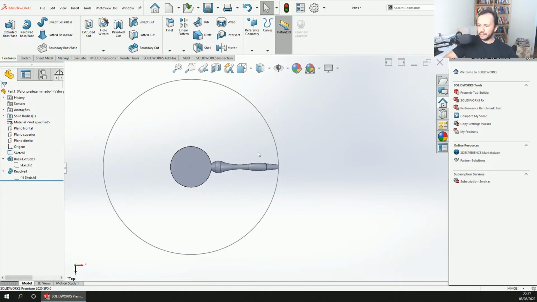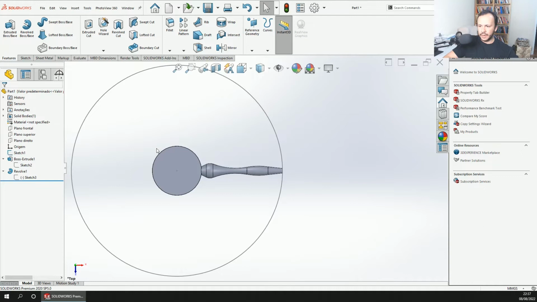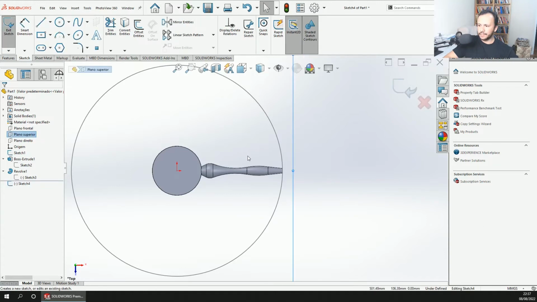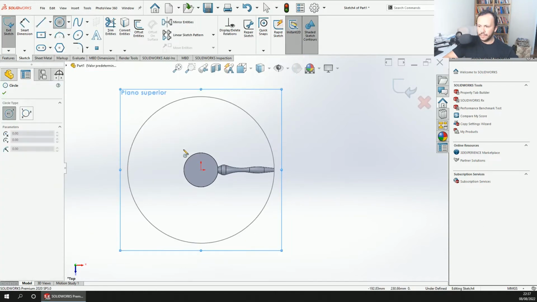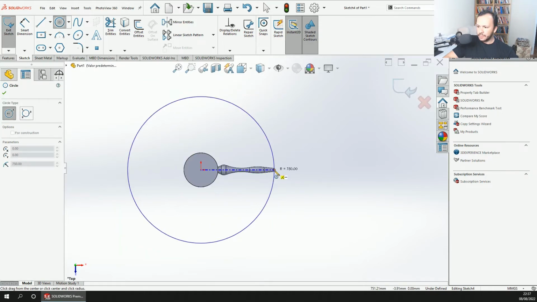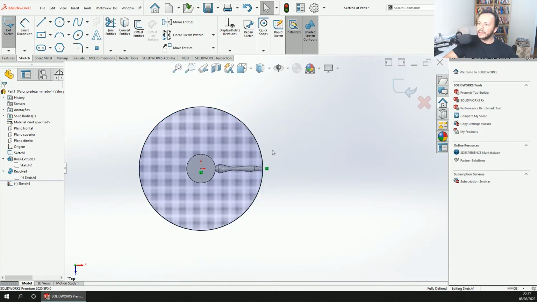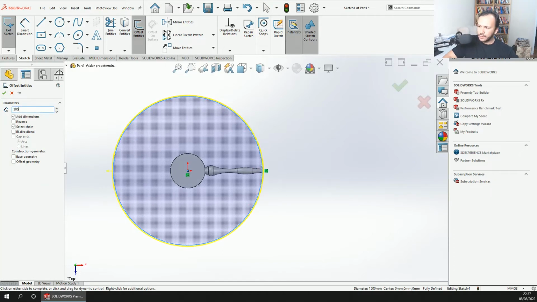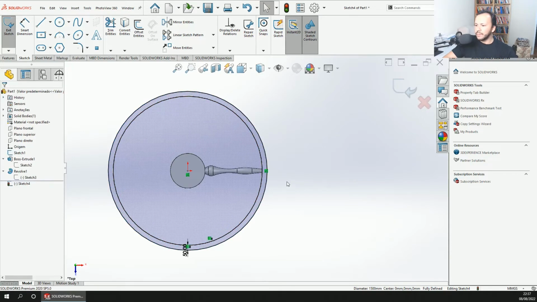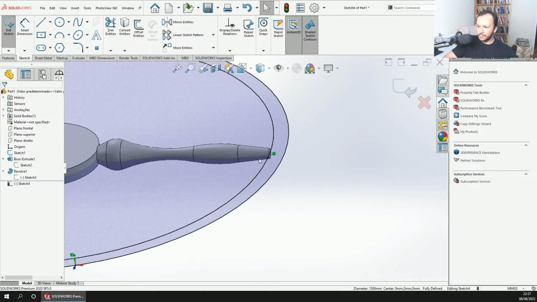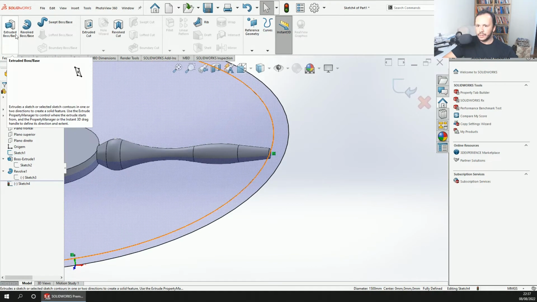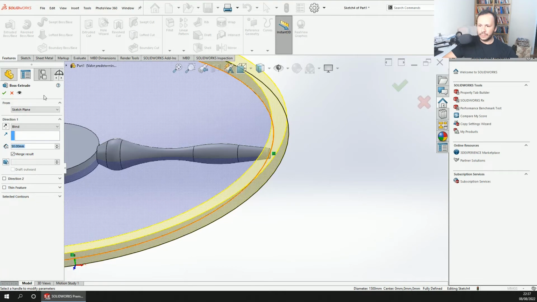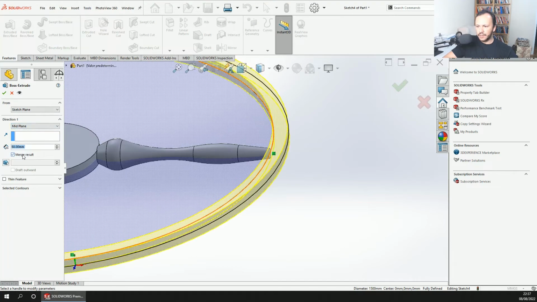Here we're gonna make another sketch on superior plane. Okay, select the center to this point and make offset with 15. Okay, okay. Now we're going to feature extruded base, select mid plane and leave with 50. Okay,